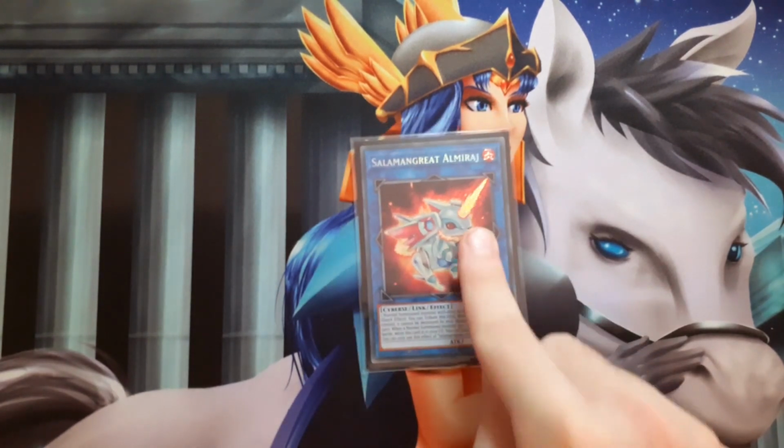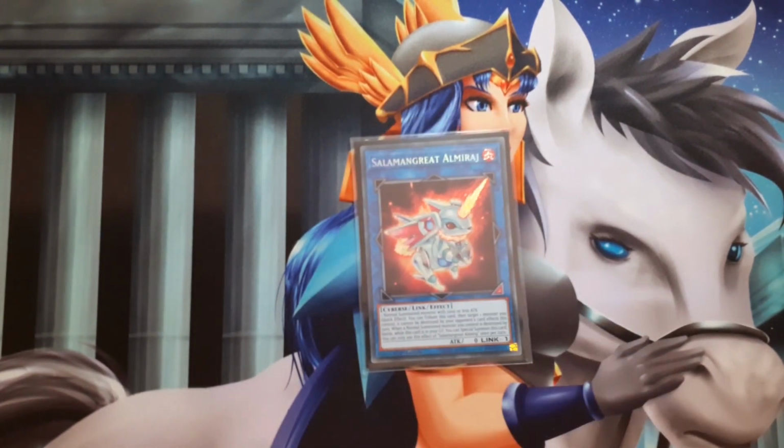And the last monster is 1 Almiraz. I'm playing Almiraz because it turns Shadow Mist into a starter. Almiraz needs a normal summon monster with 1,000 or less attack, and that's what Shadow Mist is. So if you just summon Shadow Mist and link her away, you can get any search, and also you can